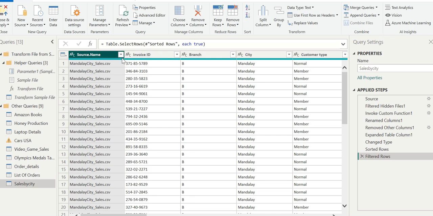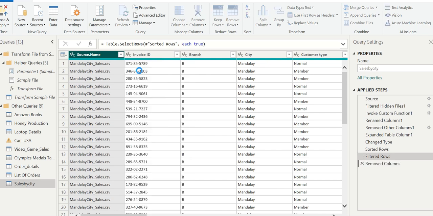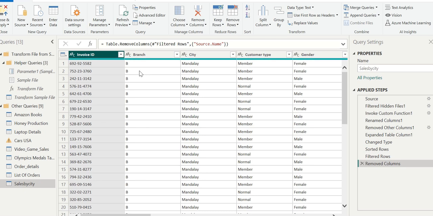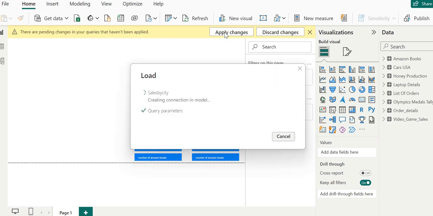So if we want to keep this one column, or if we don't want to keep this one column here because we already know the name of the city, then we can decide according to our requirement. So for now we are removing this and we are having all the other 17 columns. If we really don't want any other kind of change, we will just go to close and apply here. So the changes we have done will be applied here.